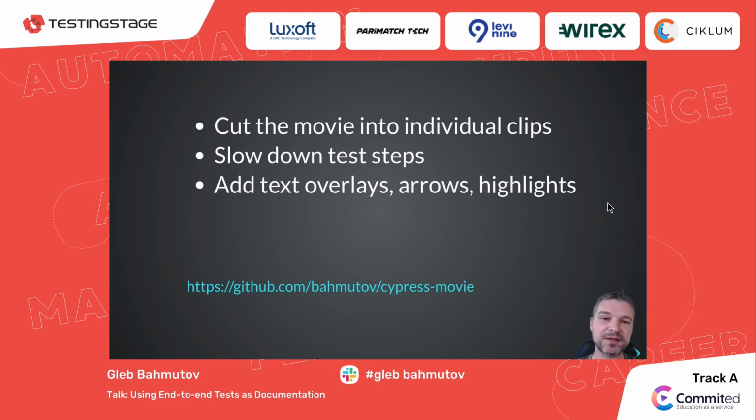So right now this is still in progress. This is work that I'm kind of going back and forth on. It has been a dream of mine to have Cypress tests act as demos, act as project status, and act as human-friendly walkthroughs for your application. And all ideas and contributions are welcome. It's an open source project, and I would welcome everyone to try it out, give me feedback, maybe suggest a feature, and even better, to open a pull request with new features implemented.